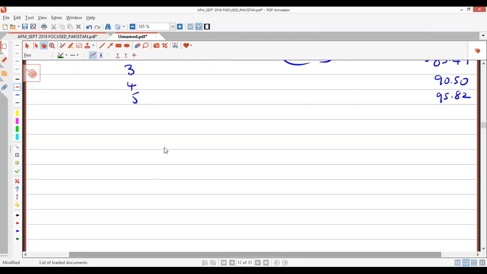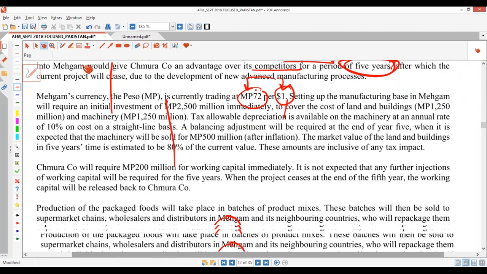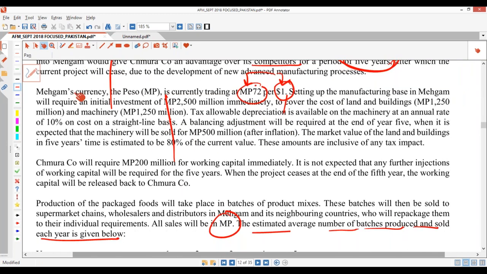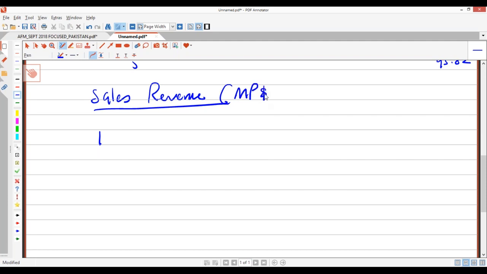Next working I would like to show here is the revenue, the cost, and the special packaging in a quick manner. You can show horizontal way, or you can show vertical way. I'm just showing you vertical way today. Sales revenue for year 1, all this must be in Megan peso, and I think the figure is going to be huge, so I'm going to put it in million.